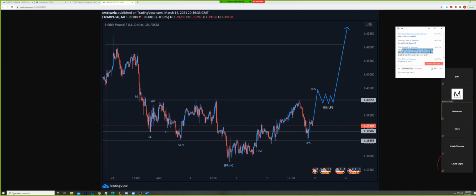Only with mentfx blocks, no. But no, you can. You can literally only trade mentfx blocks and find a mentfx block on a higher time frame and then confirm it with smaller mentfx blocks, right? You can literally trade only mentfx blocks. That's fine. But I just don't because I like to have the confirmation that I use.